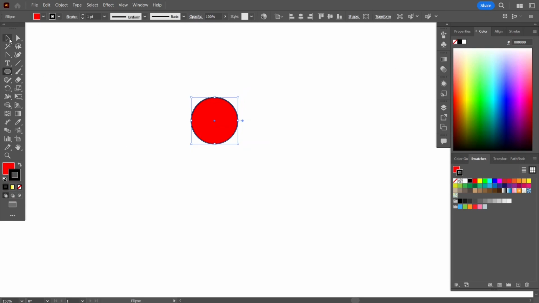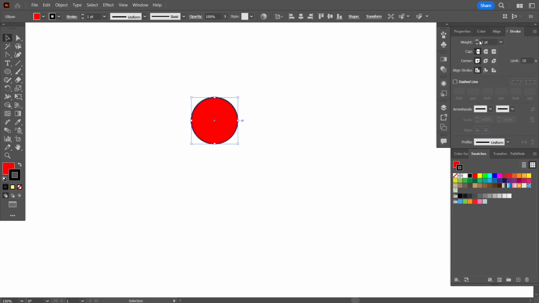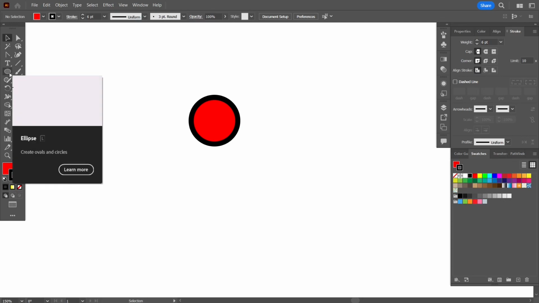Okay, now I'm going to increase the stroke width to, let's say, 6 pixels. This is more like the recording button, except it's white on the outside. So let's do one more thing. Let's give this